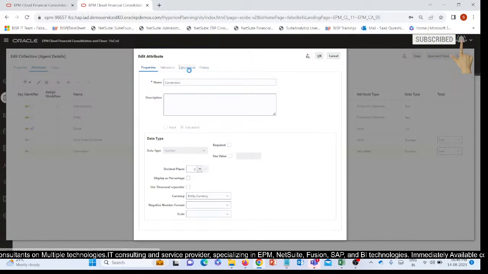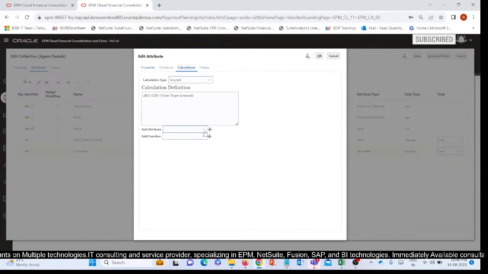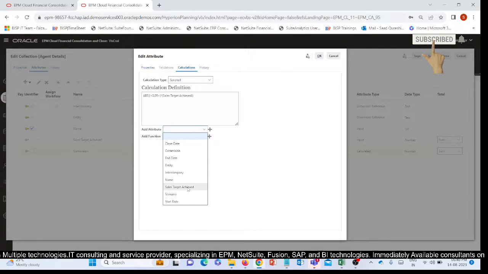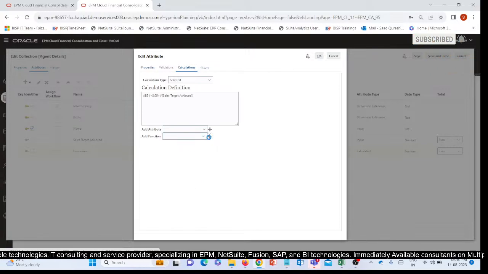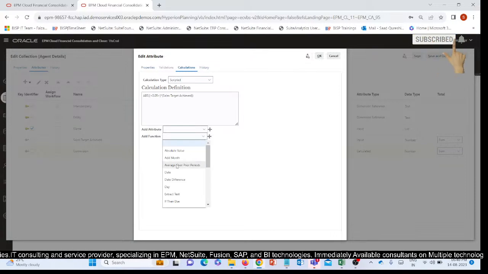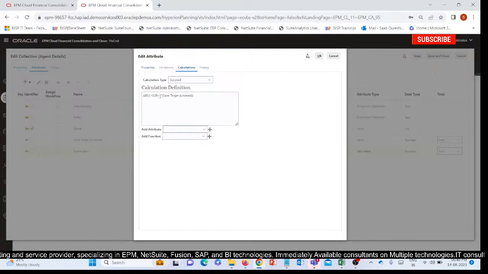So I have given certain calculations over here. As you can see, how I have given the calculation. I have taken one sales target achieved, add attribute, and then I have taken this add a function, which was my absolute value. Then I have entered a percentage over here. This is 0.05, which is 0.5, and into I have given a sign, and you need to give these two also as well. Make sure the formula is correct, then only you will move on further,